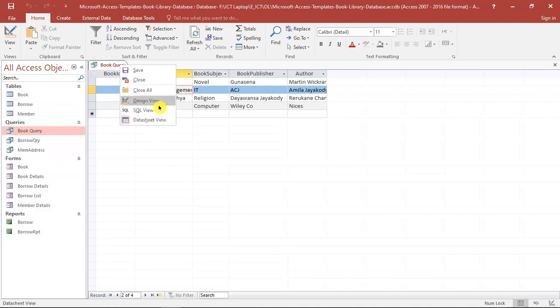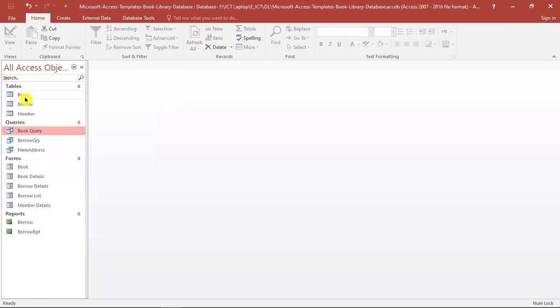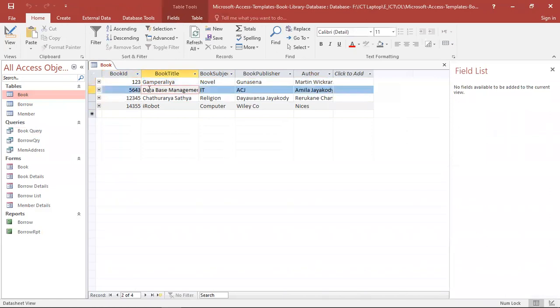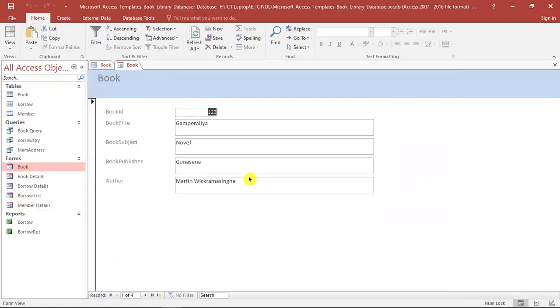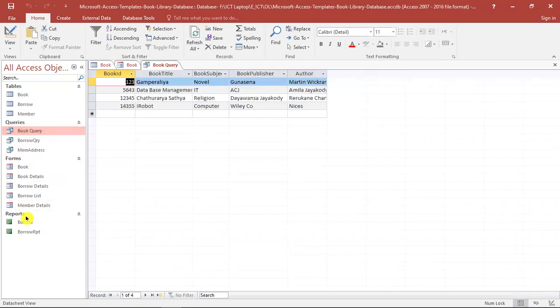I will show you how to enter data into the database. Close all, and I'm going to start book, and I can change the name, or I can edit, or I can add some data into the tables using this table structure as well as using this form structure. And I can see data from queries, as well as if we want to print that data from the database, we have to create reports.